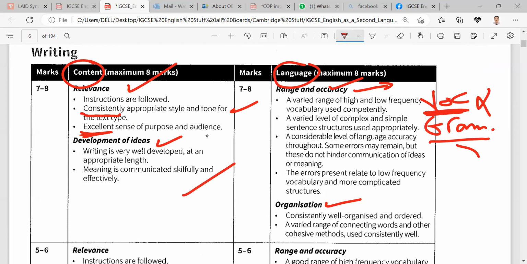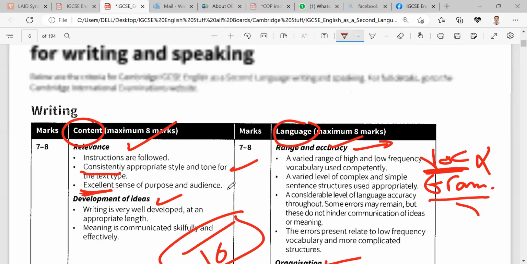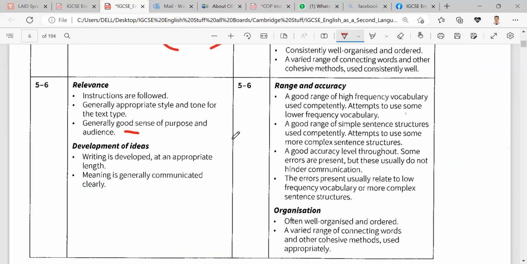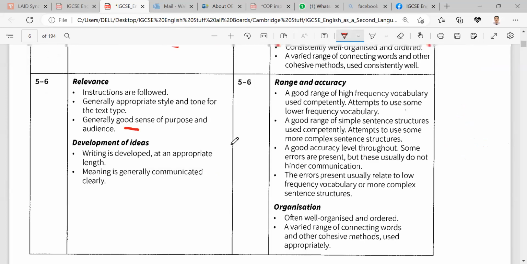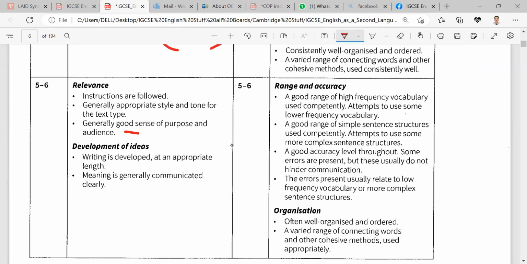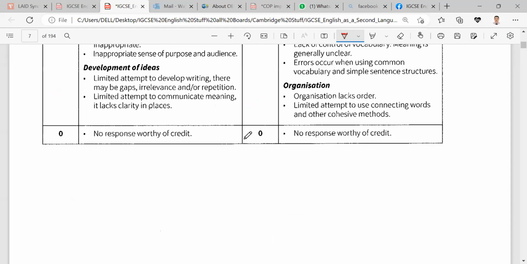The total is 60. Sometimes if you have mistakes like this, if I give you 5 or 6 out of 8 in content and 5 or 6 out of 8 in range and accuracy of language, you may have some limited errors or mistakes, right? Now, here,